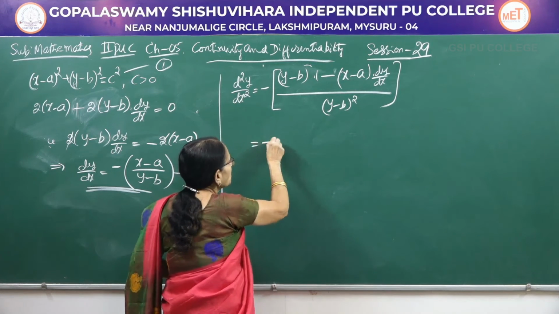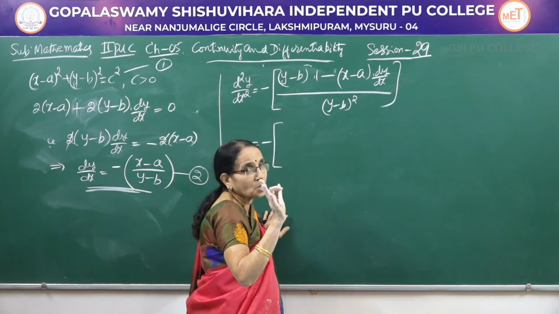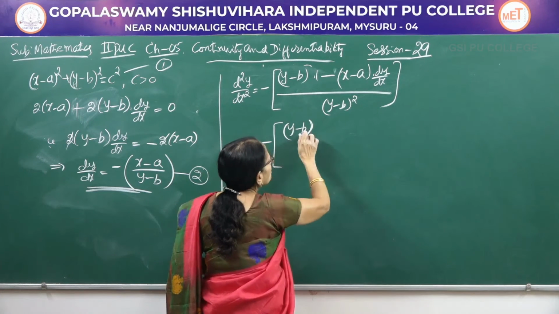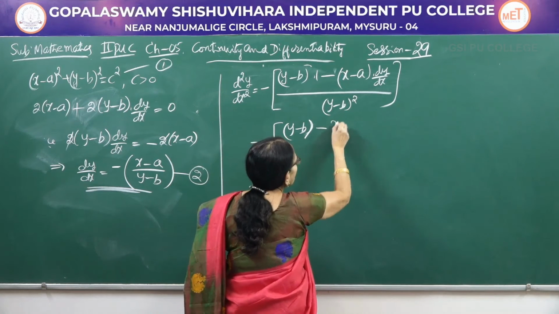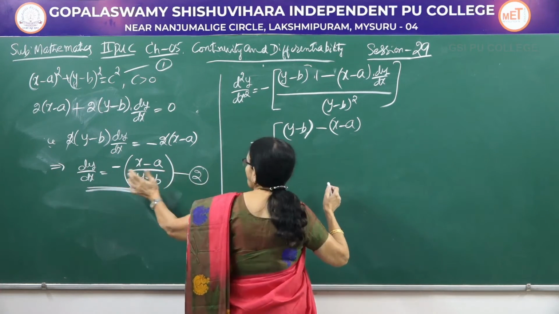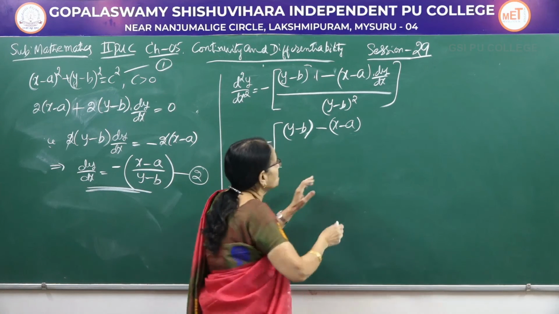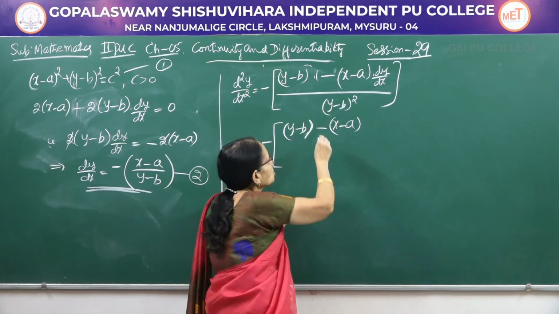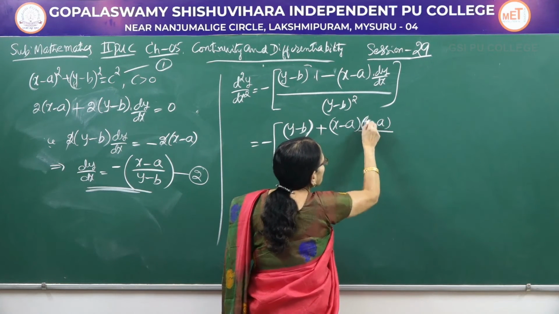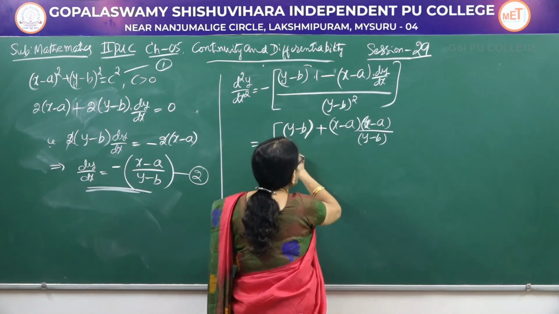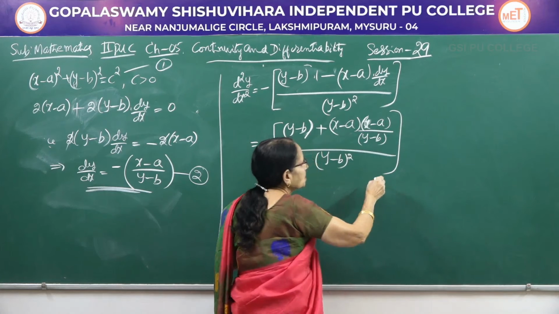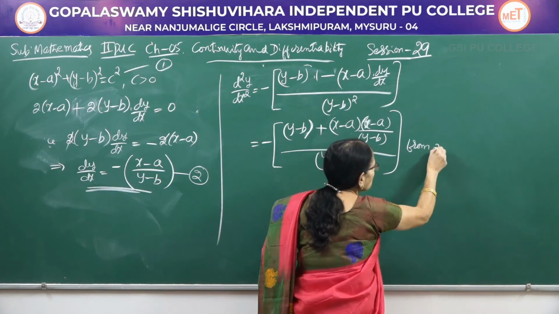Now we have to simplify, do only one calculation in one step. It is y minus b into 1, you write only y minus b, minus of x minus a, come to the value of dy by dx, that's why I have given a number. It is minus of x minus a by y minus b. Already we are having one minus sign, so this becomes a plus. So it is x minus a divided by y minus b. But the denominator is there. See, don't get confused about this one. Only for the numerator I am writing. So quote the result from 2.